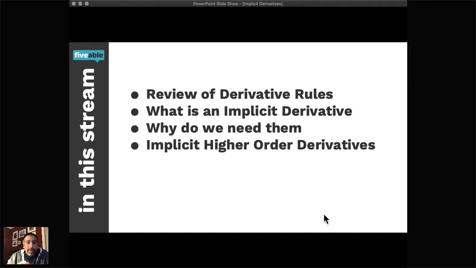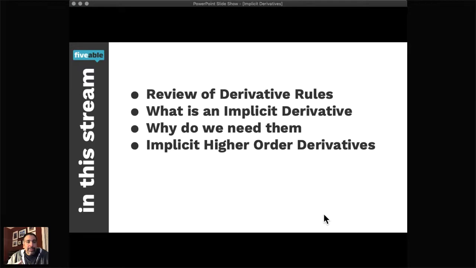The first thing we're going to do is review basic derivative rules. An implicit derivative is a type of derivative. We're not going to be able to take it without knowing our basic derivative rules, so we'll start just by reviewing that. The second bullet we'll hit is what is an implicit derivative, and that goes hand in hand with